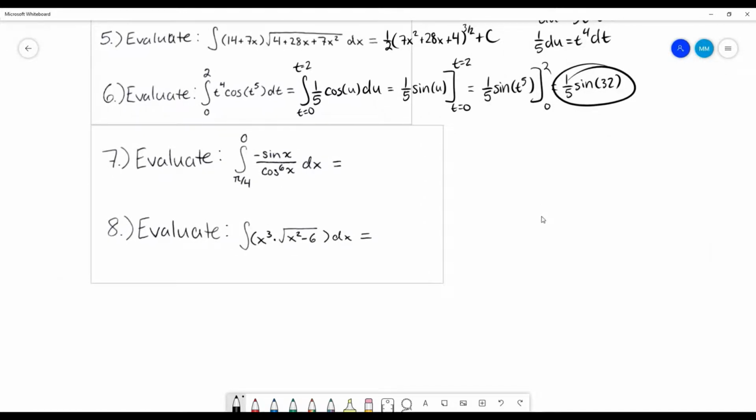So looking at this, I noticed that I've got this exponent here, which tells me I should probably want my u value to be this right in here. And just double checking, I know, of course, if I take the derivative of a cosine, I'm going to get a negative sine, so that looks like it checks out. So if I set u equal to cosine of x, that makes du equal to negative sine of x, which then makes my integral,